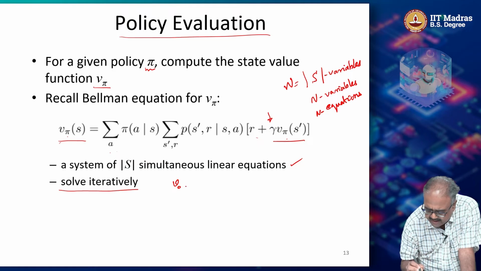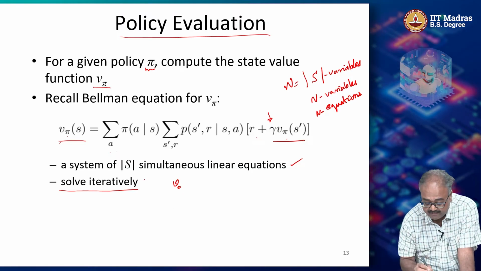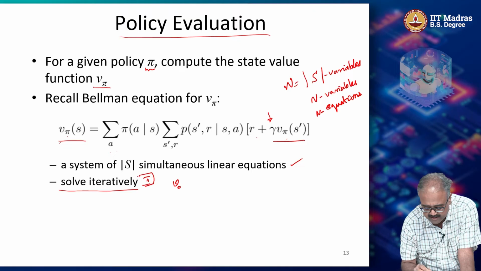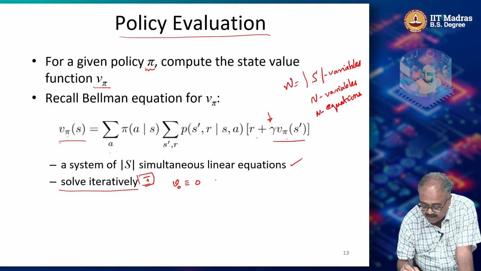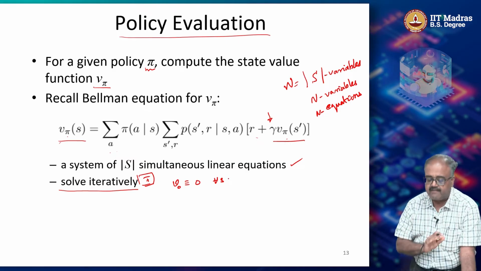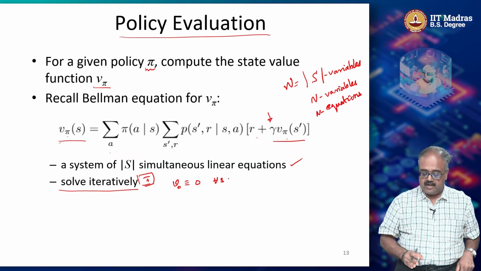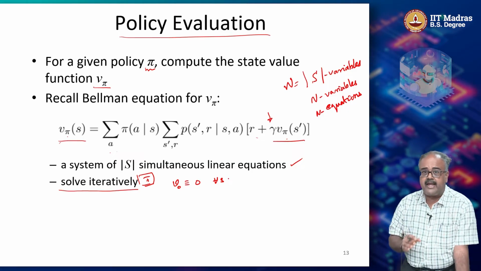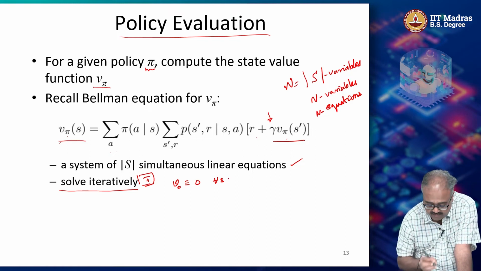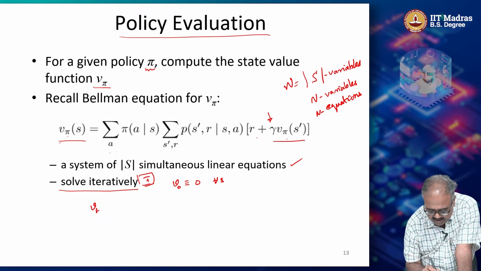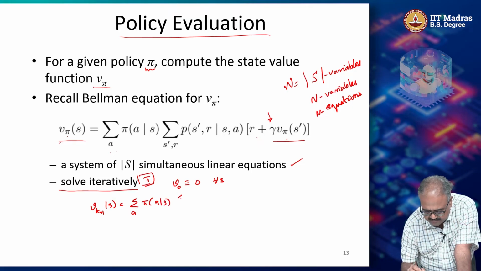So what I'll do is I'll take v0. So I'm given some policy pi. That pi is fixed, right? So I'll take v0, and I'll define it uniformly to be 0 for all s. Now I'll plug in vk to the right hand side and compute vk plus 1 on the left hand side. So it's going to go something like this: vk plus 1 of s is equal to summation over a pi of a given s, summation over s prime comma r p of